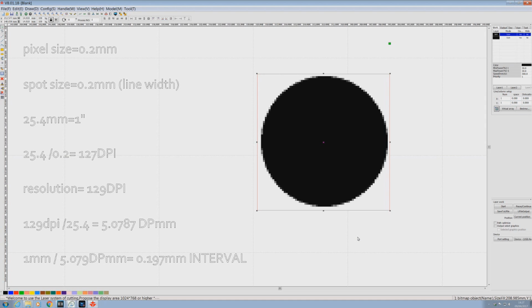The one thing you can't do is just change the line spacing and the interval spacing, as I demonstrated to you before, because you'll get all sorts of aliasing effects and artifacts. So what you must do is make sure that you match the interval to the resolution of your picture. Now, you can experiment by changing that interval to a half or a quarter of your resolution and see what results you get. Go forth and